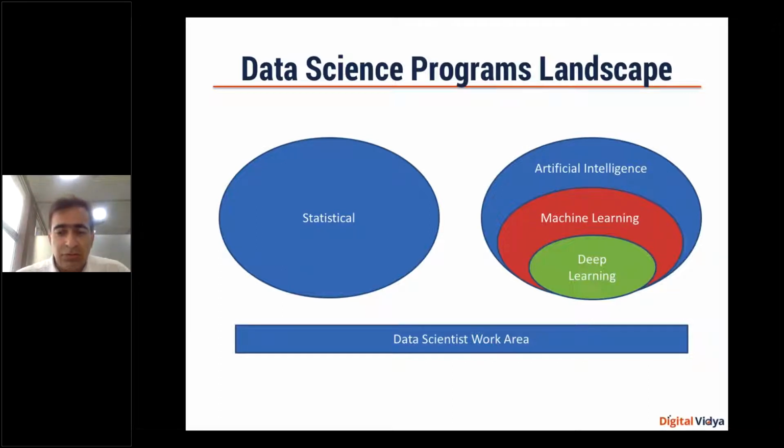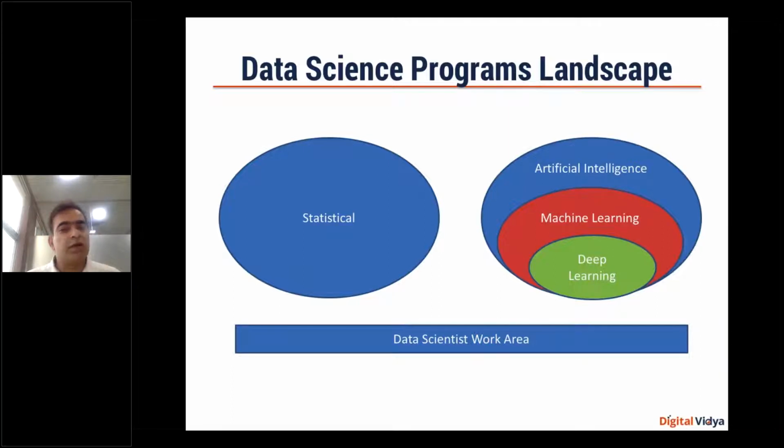Now, a part of artificial intelligence work involves machine learning, which is about training machines through data. And that's what machine learning is all about. When you're training a machine, another thing you need is that machines should be able to learn by themselves. They should be able to take data and start learning by themselves. And that's where deep learning comes in.